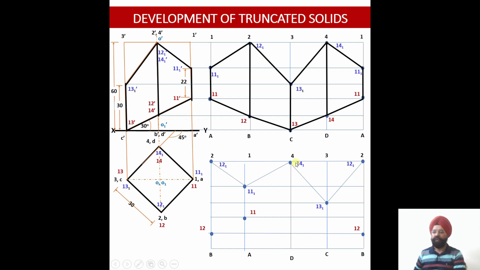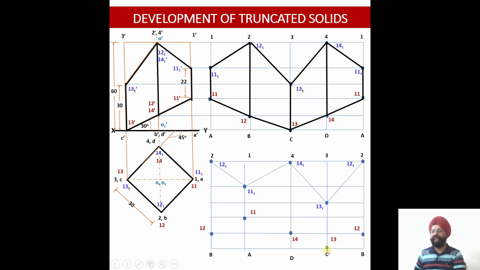Then 4D will be cut. You see 4 dash D dash will be cut by the second cutting plane at the point 14 dash. So once again it will lie at the locus line which will be first from the bottom or 5th from the top. So corresponding to 4D, first from the bottom, same as point 12 over here. So I obtain the point 14 over here. And the last one, 13. 13 is cut at the bottom left hand side. This is the point 13 dash. Draw the horizontal line. So it is 6th from the top or the bottom line over here.